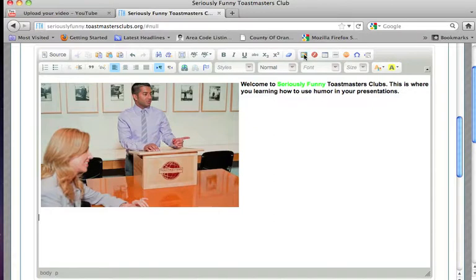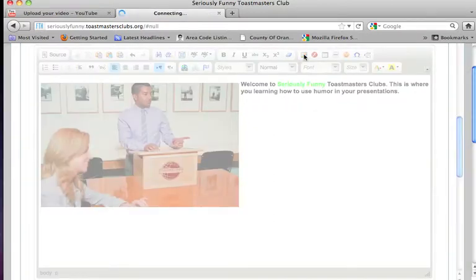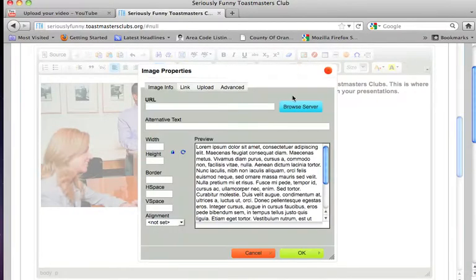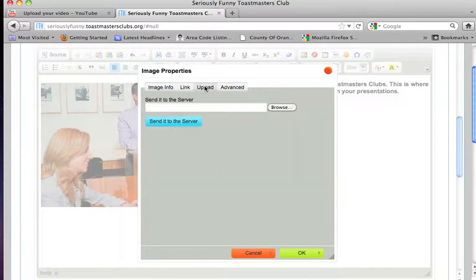There should be a little picture icon. Here we go. Click on that. Now normally you'd think just click Browse Server and you'd find it on your computer, but this isn't Browse Computer, it's Browse Server. So before you can browse the free Toast servers for your photo, you have to first upload it into the server. It's kind of weird, but let's click Upload,